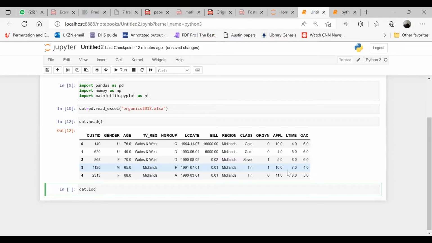So now, because this is a data frame, it is usually rows and columns, separated by a comma. So you have a comma separating the row from the column. Whatever is on the left is indexing the rows, and whatever is on the right is indexing the column. So this comma is separating them. I'm interested in selecting all the rows. So I'll just use this colon symbol. It tells Python to extract all the rows,